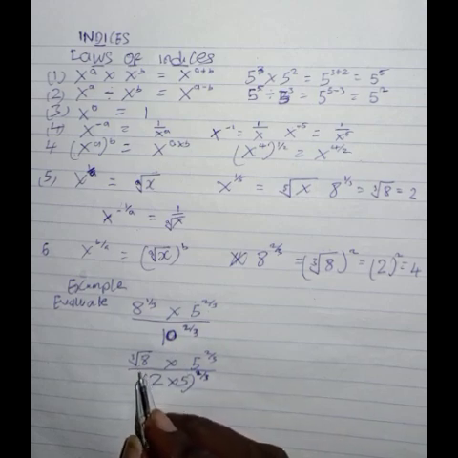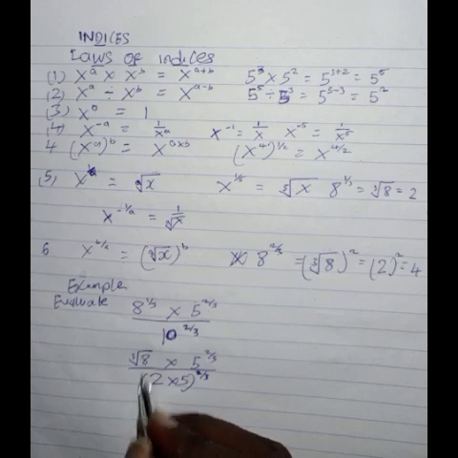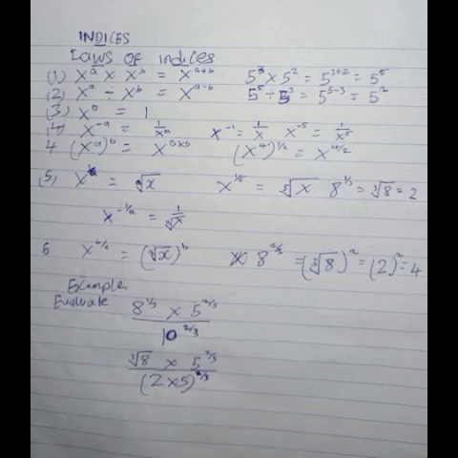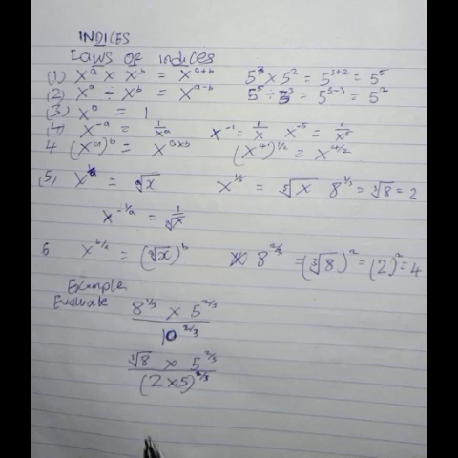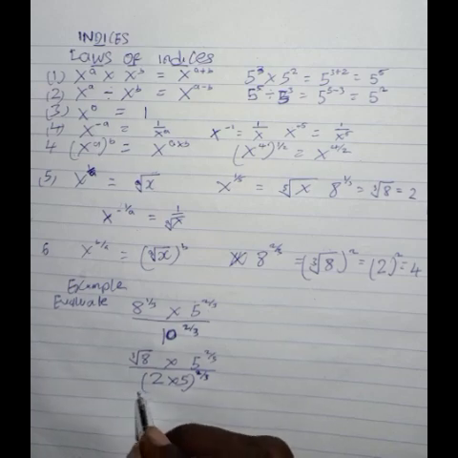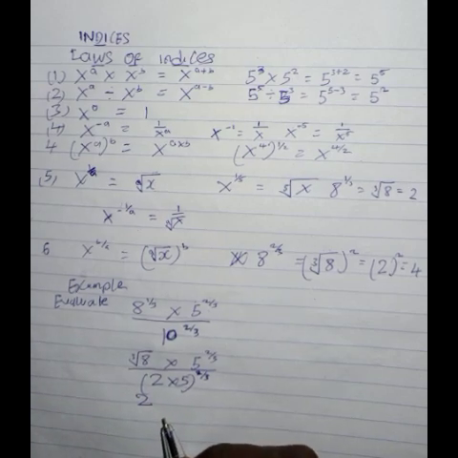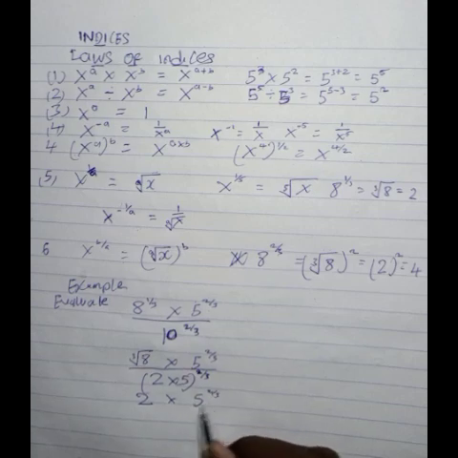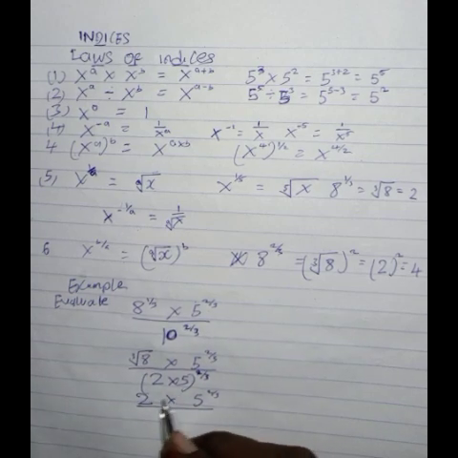So if I have this now, I can say the cube root of 8 is 2. Cube root means one number that when I multiply 3 times, I'll get 8. So that is cube root. If it was square root, it is one number that when I multiply 2 times, I'll be getting 8. So cube root of 8 is 2, because 2 times 2 times 2 will give me 8. So I have 2 times 5 raised to the power of 2 over 3, all over